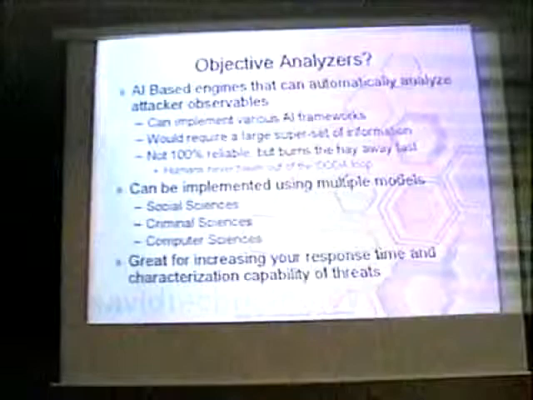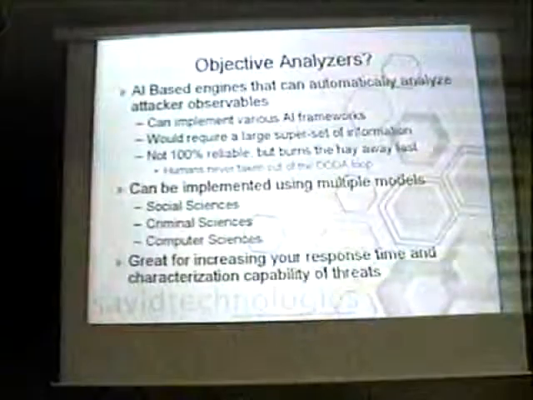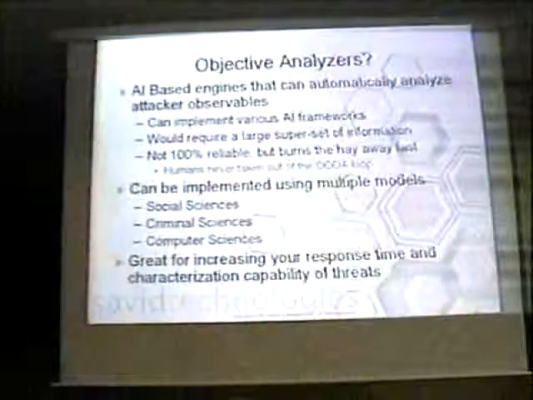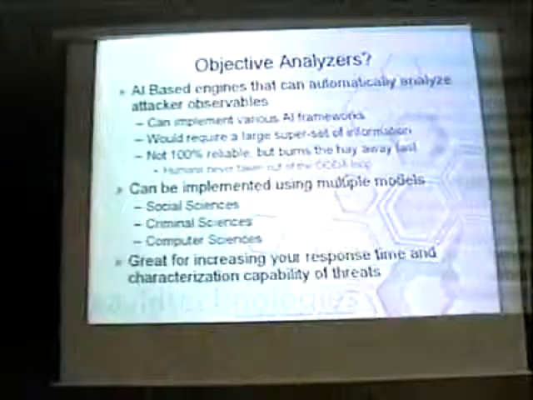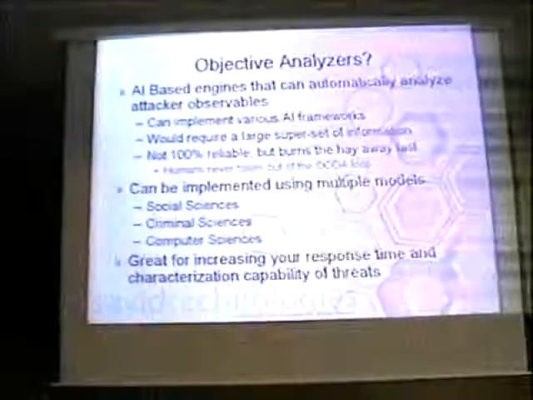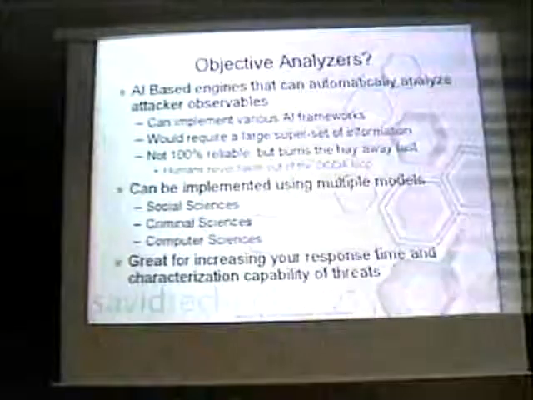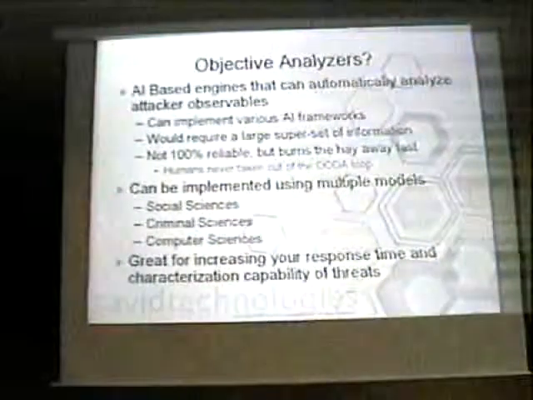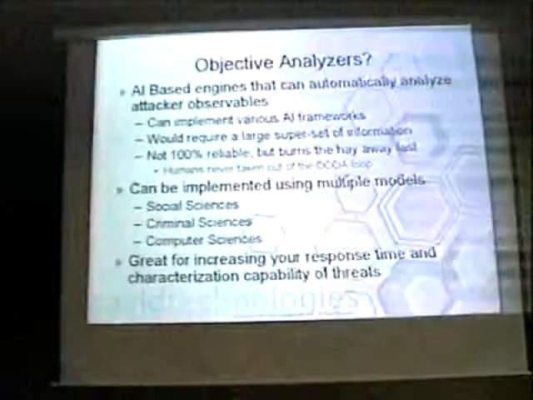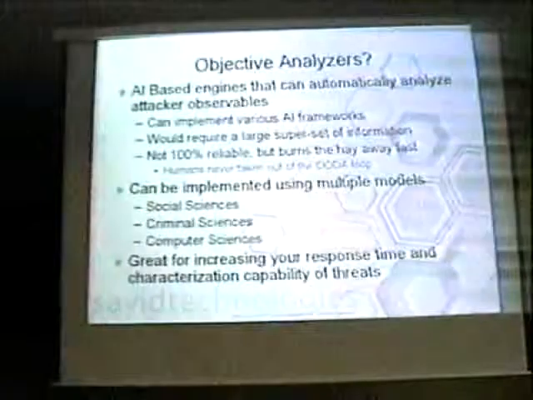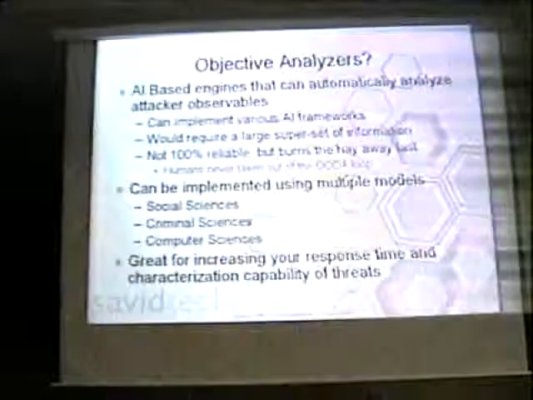So, an AI-based engine that automatically analyzes the observations of an attack. You put a bunch of data in: firewall, router, IDS logs. You put the Honeynet data in, put the TCAP in, and it'll chew on it for a couple days and try to give you a report with a 50 to 70% confidence rating of an attacker. The more data it has, the better it'll be. It's not 100% reliable, but you can't ever take a human out of the loop. There has to be a human sitting there watching, observing, orienting what the data is doing, deciding, and acting.